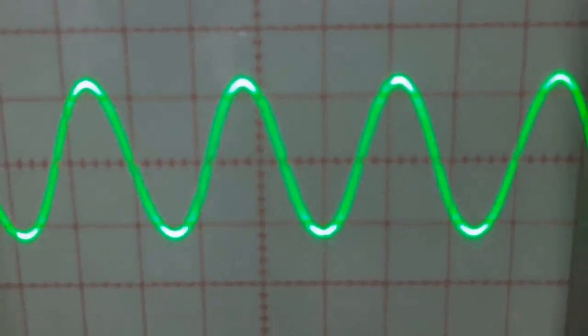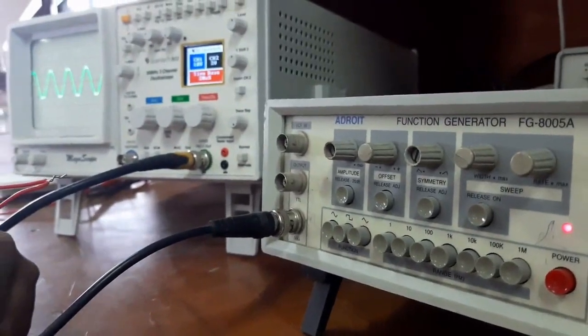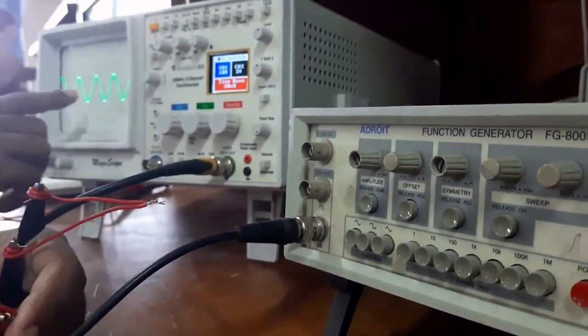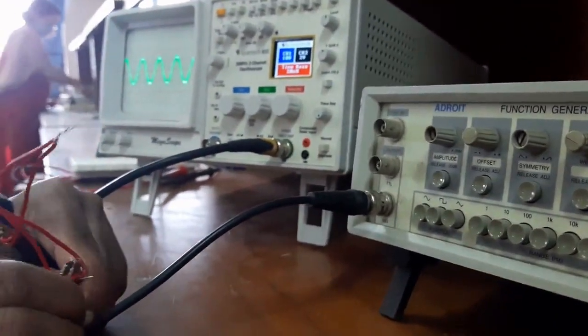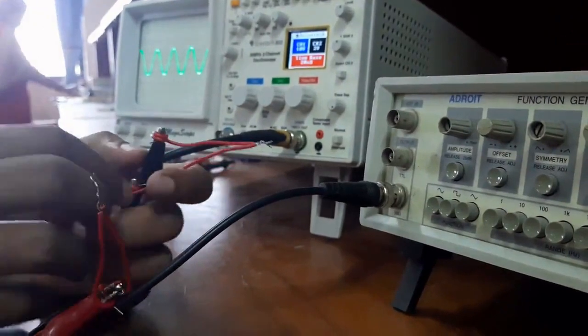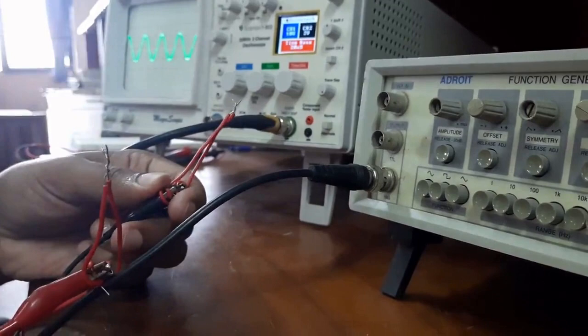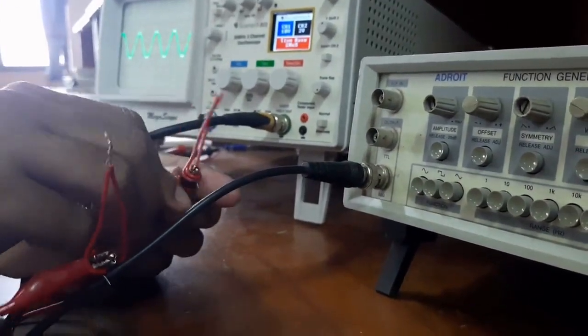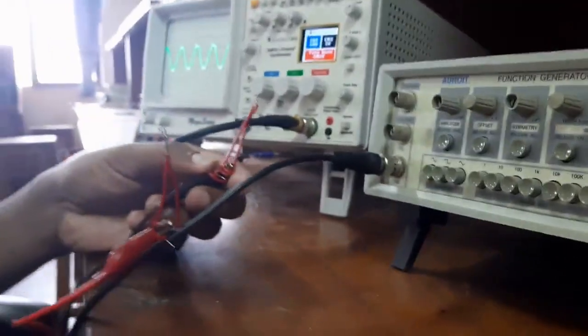Now this is how the signal looks. What I have done is connected the function generator directly to the CRO. Why it is a little shabby is because of these grounding issues. If I connect these crocodile pins properly, the waveform will not be like this. If you have new BNC connectors, this waveform will be stable enough. So this is how you do it. Now we'll only learn how to use this. Forget about the waveform, that is okay.